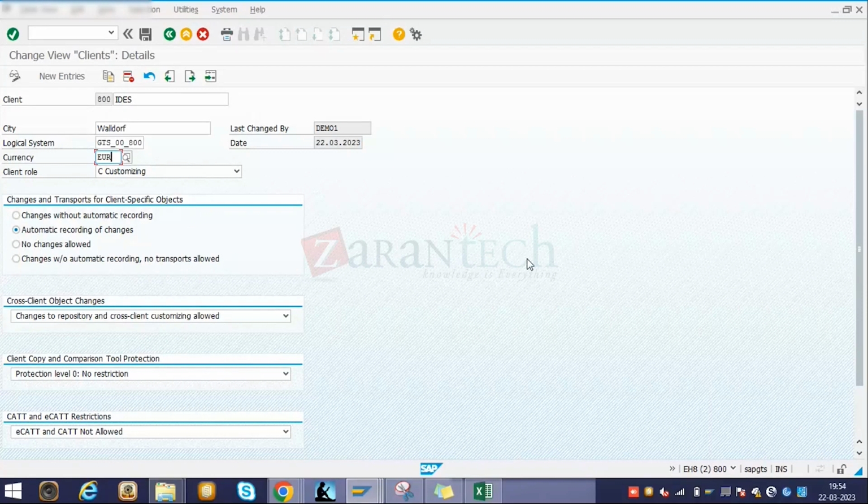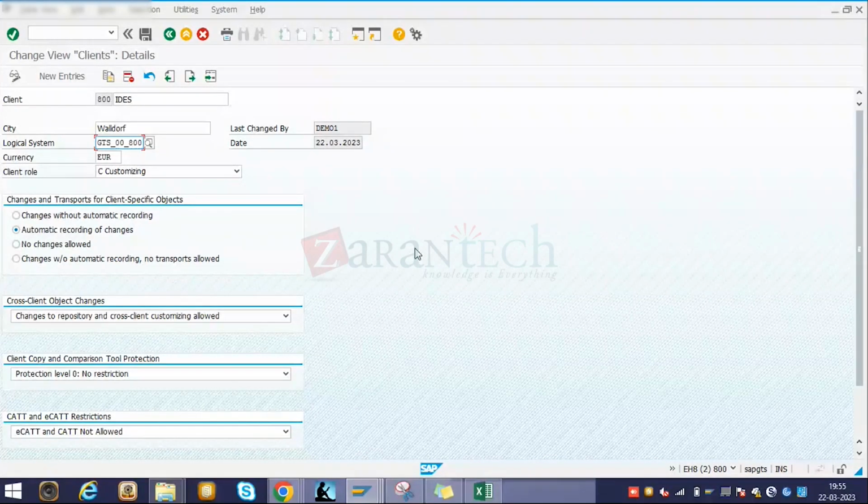It is not a filtering criteria also. It is just showing that this particular system, the client that we are utilizing here, is also present in one of the systems, let's say for the country Germany. Waldorf is a city in Germany, where the corresponding currency will be used as euro. So the transaction which will be coming and capturing this logical system here, let's say for company code US dollar, for a US plant, some dispatch transaction having some USD, then